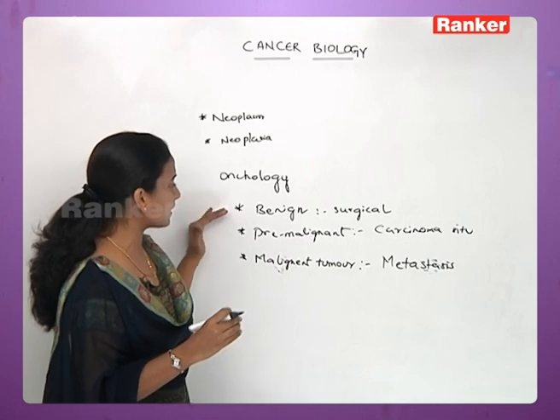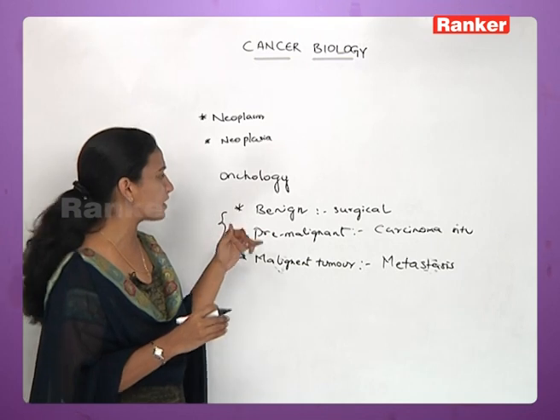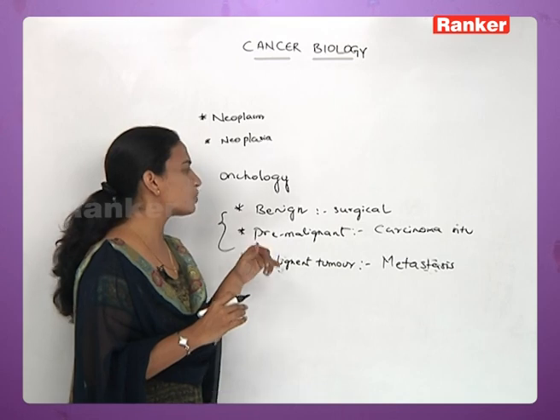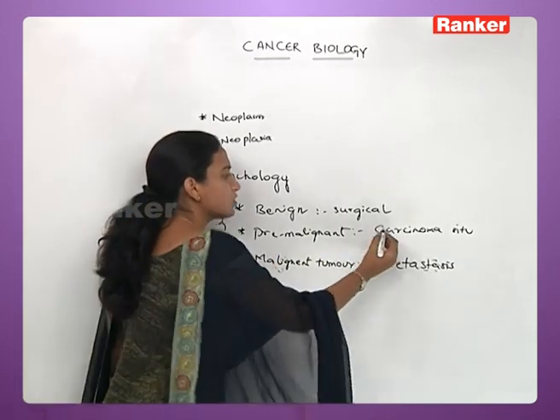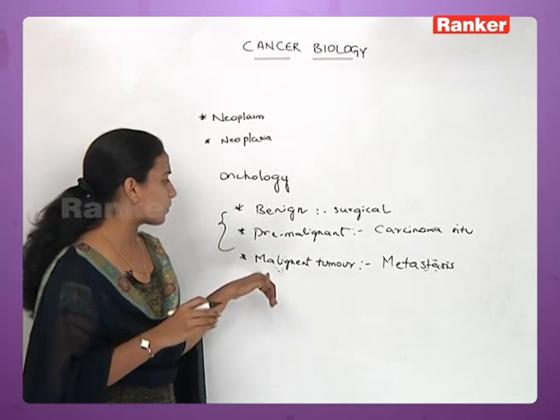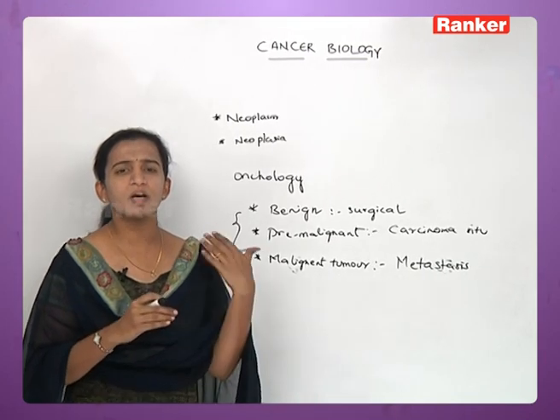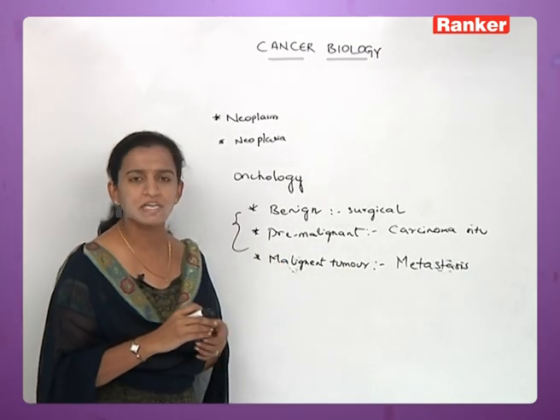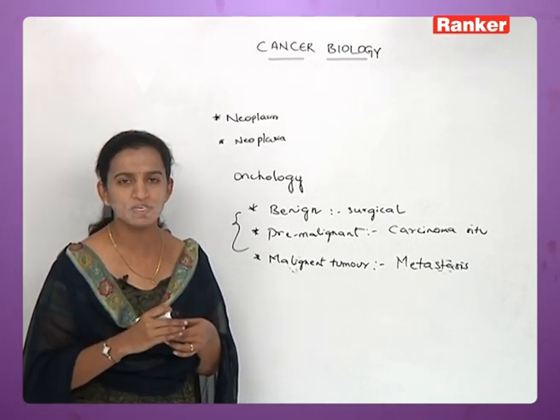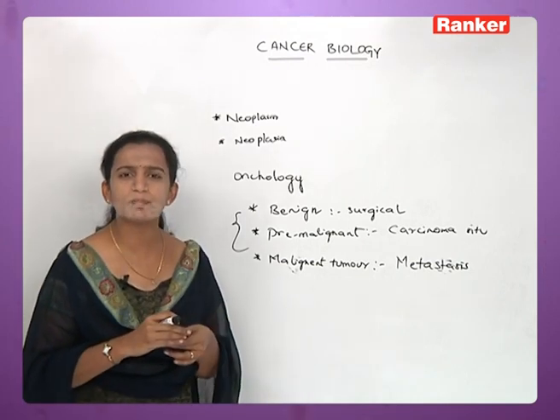So there are three types of tumor present: benign, pre-malignant and malignant. Coming to benign tumors, they can be surgically removed and do not spread all over the body. The pre-malignant tumor is also called carcinoma in situ. That means with prolonged time the expression will come out. Whereas the malignant tumor undergoes a process called metastasis. If there is a cancer in the malignant stage, then it is sure that it is spreading all over the body. That means there is no stopping it. It has completely spread all over the body. Here you can take blood cancer as an example.